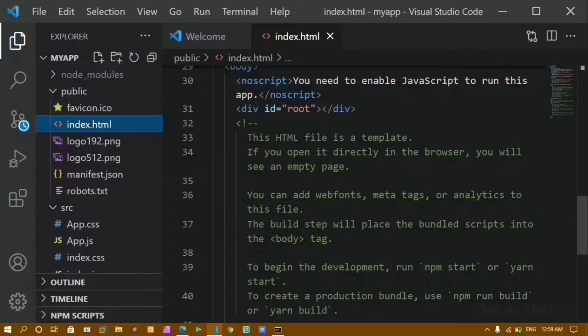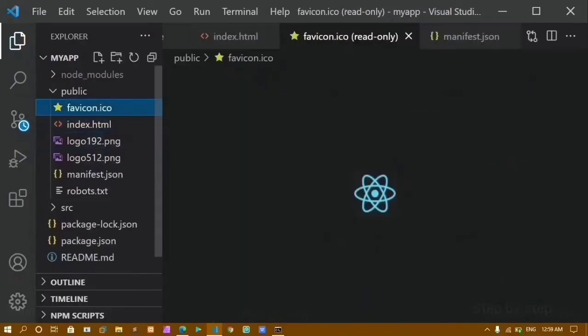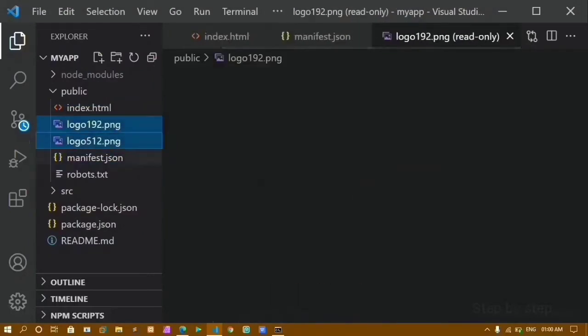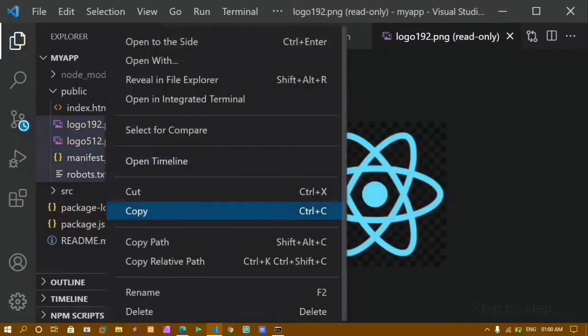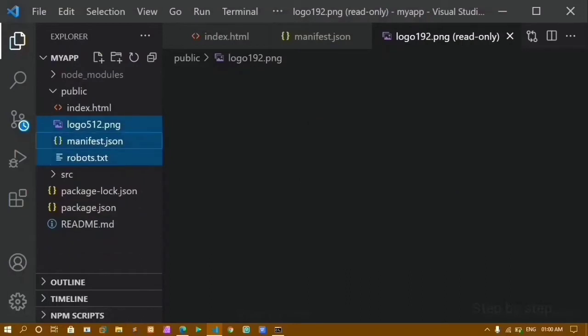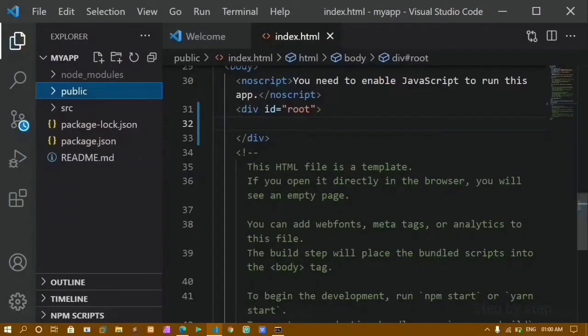We are going to use only this part inside our index.html, and inside this one we are going to store everything. Whatever code we are going to write, we are going to store inside this. I'll be deleting this. I'm going to delete this and this. I'll delete all these files and I'm just cleaning my VS Code editor. I'm just cleaning my setup folder. Now we are done with everything.